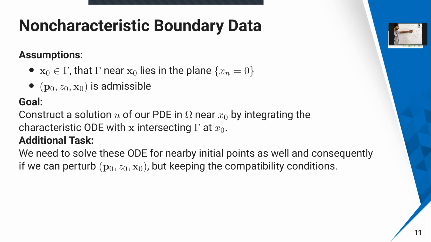This is the ODE given. For this ODE, initial conditions are given: P of 0 equal to P naught, x of 0 equal to x naught, z of 0 equal to z naught. Together, you are going to get a system of ODEs and a system of boundary conditions. So this one you can solve near this problem.